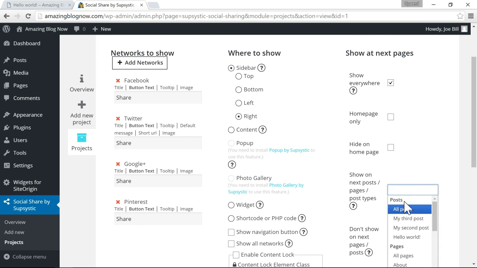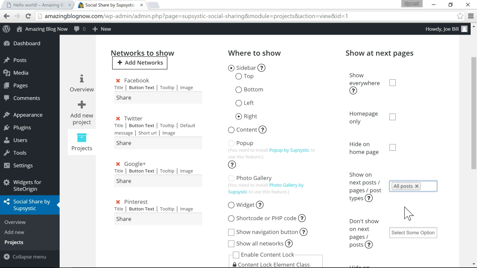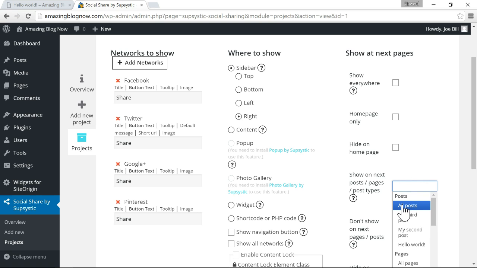I'm just going to select All Posts, so it'll show on all posts, because I don't think you really want people to be sharing, you could just have Show Everywhere, and it'll show on your home page, your contact, about page. I think your blog posts are the pages that people are mainly going to be sharing, so I'll just select All Posts, and then I'm going to select Hide on Home Page,